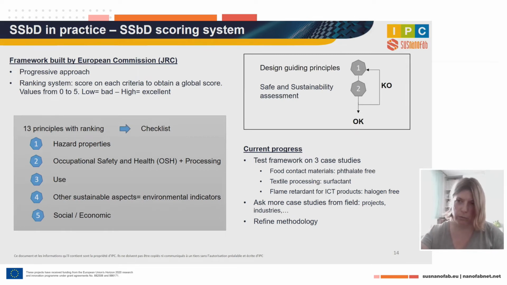The ranking system is still a theoretical ranking system. Today, the European Commission is at a stage where they evaluate 3 case studies. You can see that they have selected case studies for food contact materials, for textile, and for flame retardant used in ICT products. So very specific situations or solutions where safe and sustainable ring a bell, but it's not